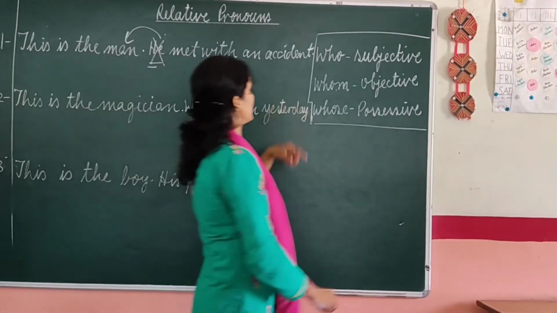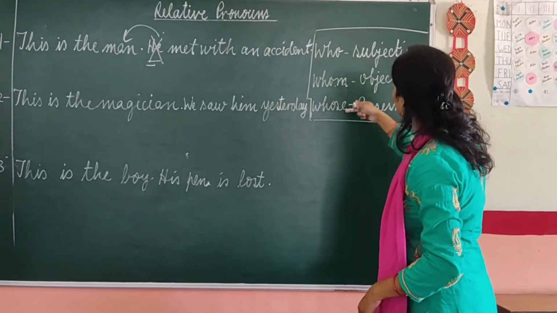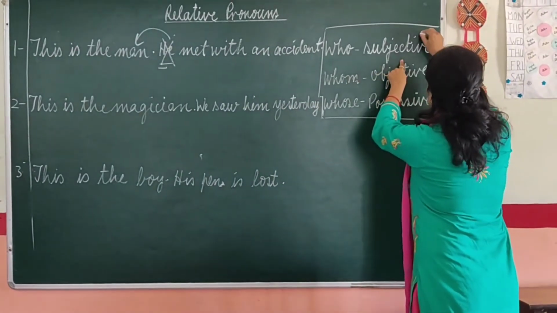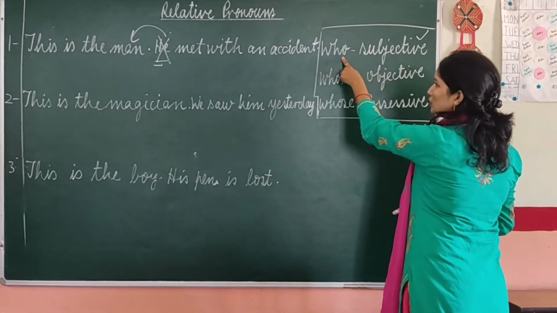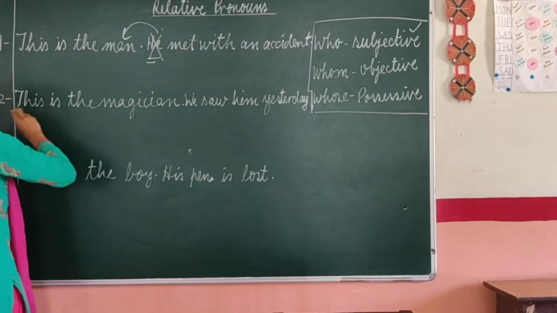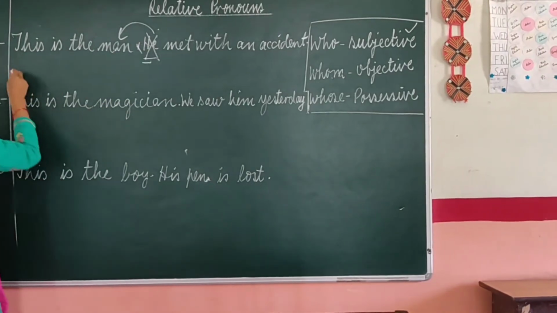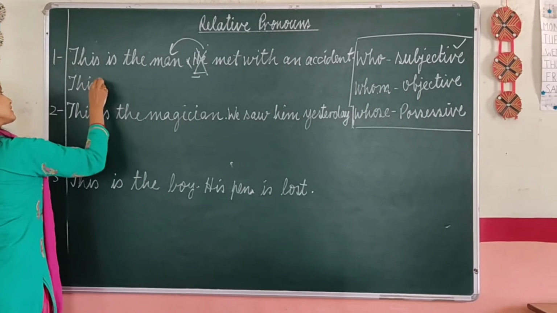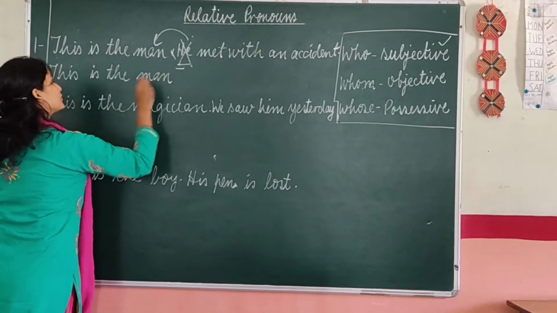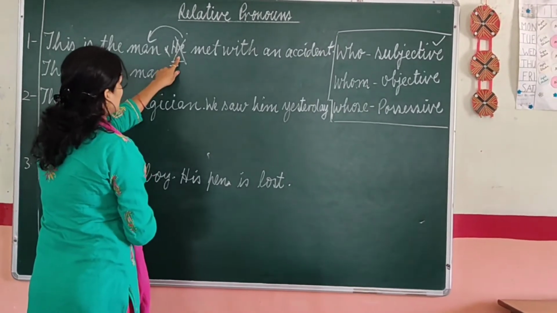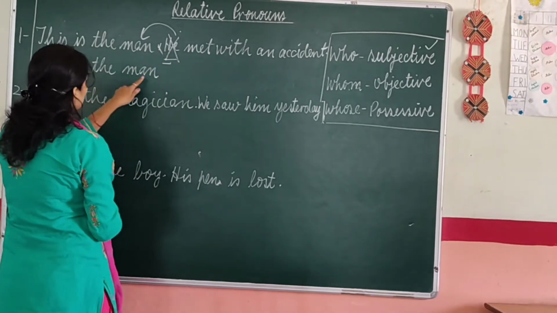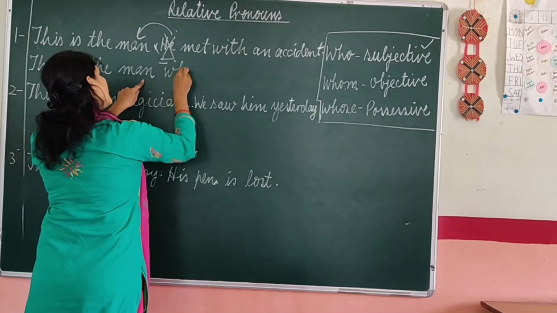And we have to choose, you tell me, which one will be used? Who, whom, whose. He is used in the place of subject. It means its case is subjective. For subjective, we have to use who. Where? In place of this. First, we have to remove this because we have to make one sentence. This is the man. We don't have to do anything in the first sentence. Now, in place of he, we have to remove the full stop because we have made one sentence. This is the man. Now we can write here who in place of he.